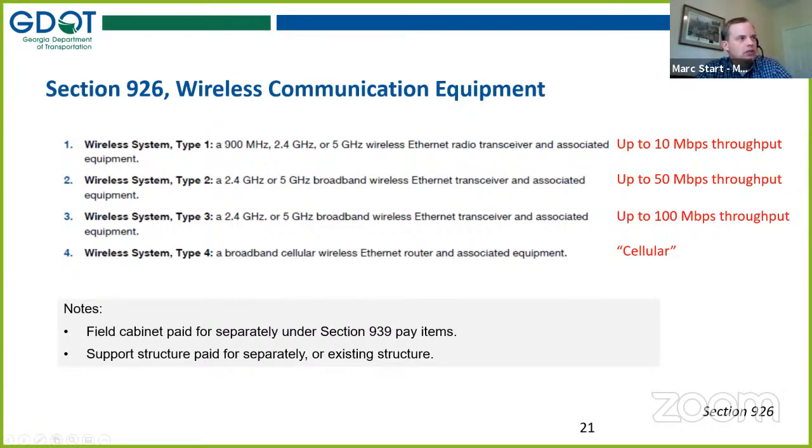Moving on to wireless communication equipment. This is a relatively short spec that defines essentially three classes of wireless: 10 megabytes per second, 50 and 100 megabytes per second throughput. And this is all unlicensed frequencies. So it's basically in different categories. And then the fourth category being essentially 4G cellular, that is obviously used in many places. But here's your options for